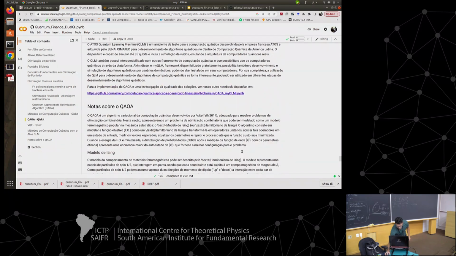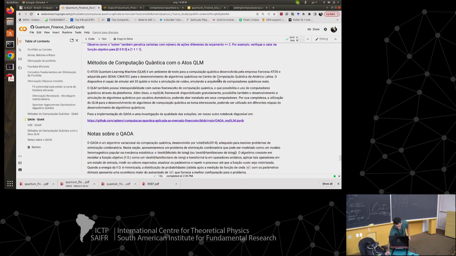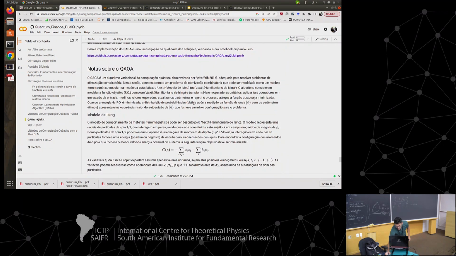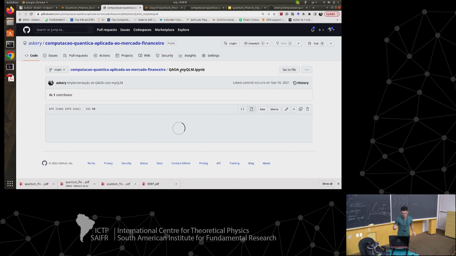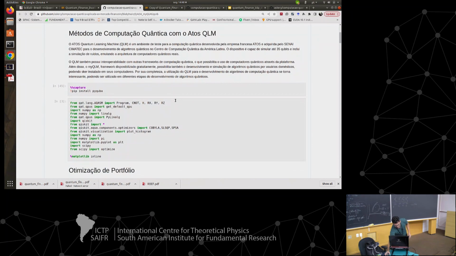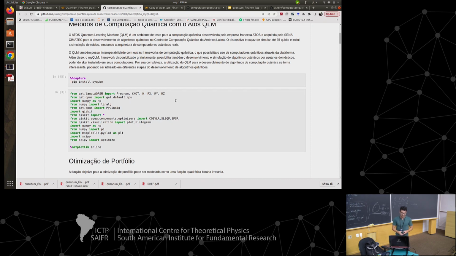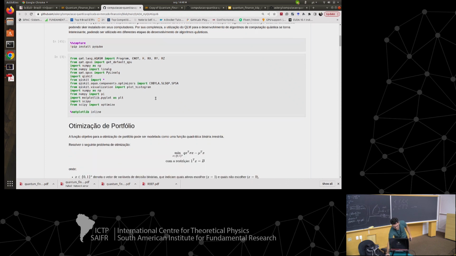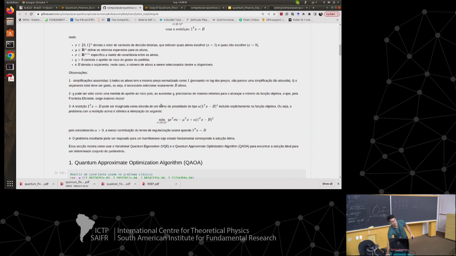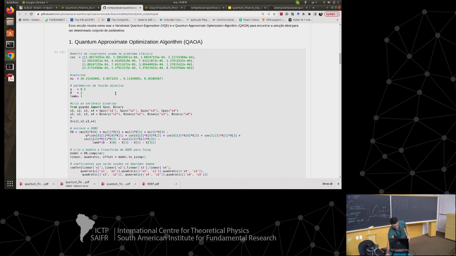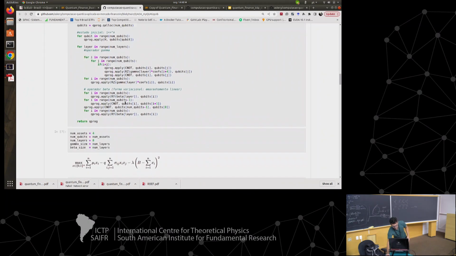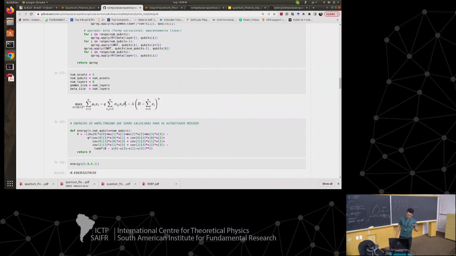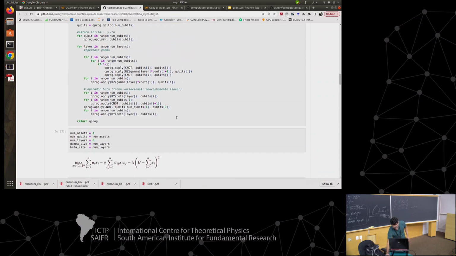I don't know more. Here is a long explanation of the simulator. And here you can find the implementation that I will discuss tomorrow. And I will leave you with an exercise: take this implementation and convert it into the language you want, PennyLane, Qiskit. And here we show how we set up the problem, and so on. But let's go easy. Let's leave it for tomorrow.